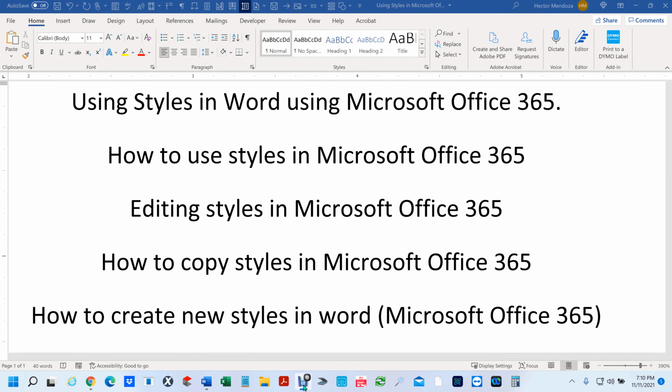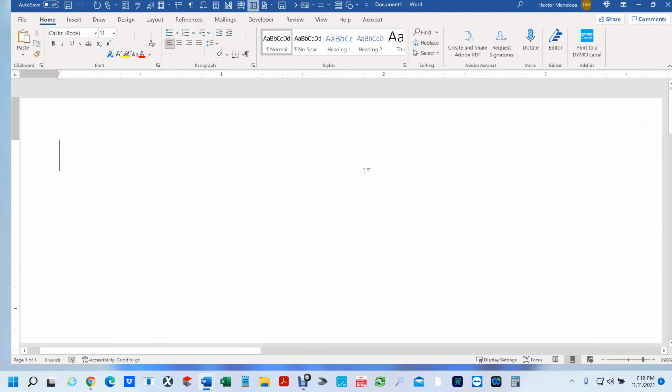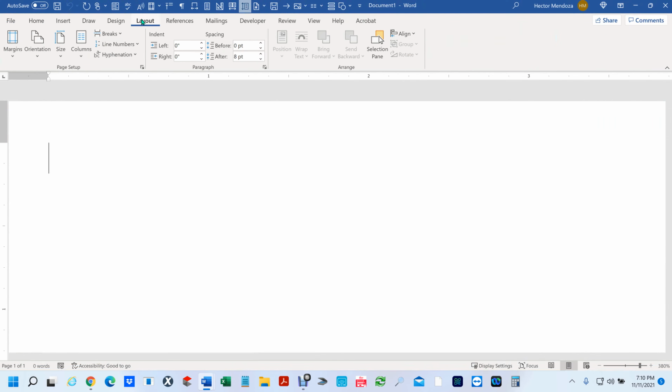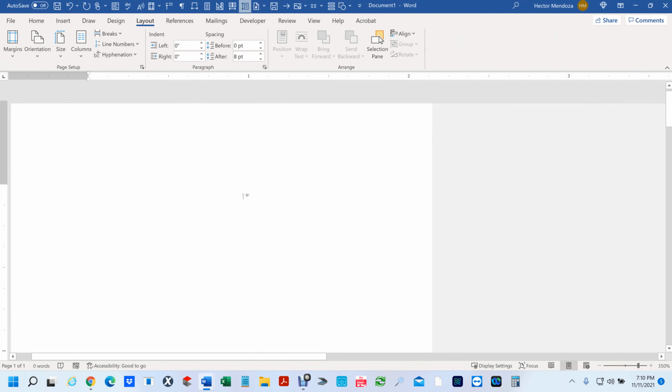So let me create a new document real quick here, so give me a second here. And I'm just gonna throw in some words in here. So let me change my orientation and change my margins to 1/2 inch. Okay, so